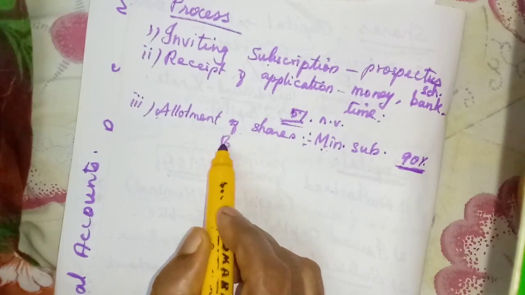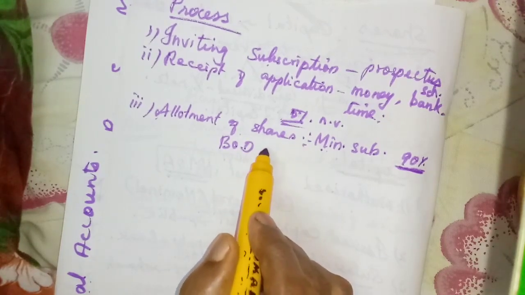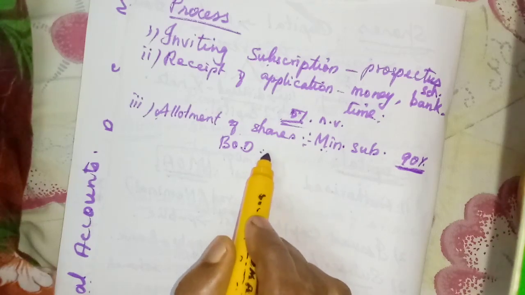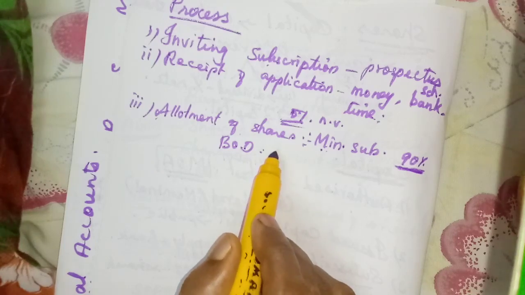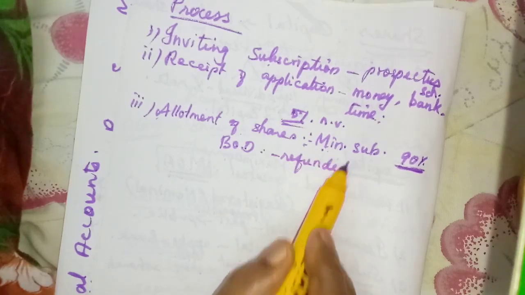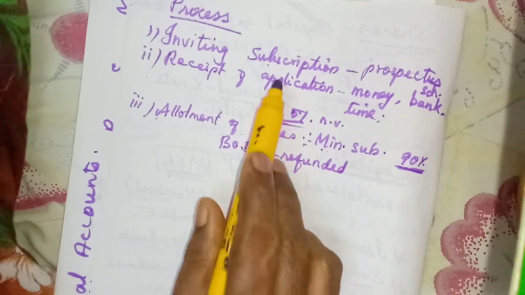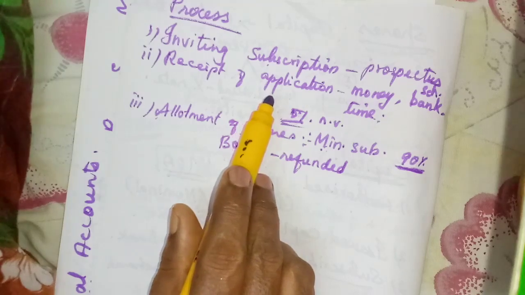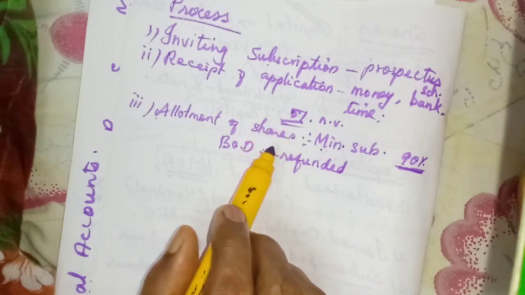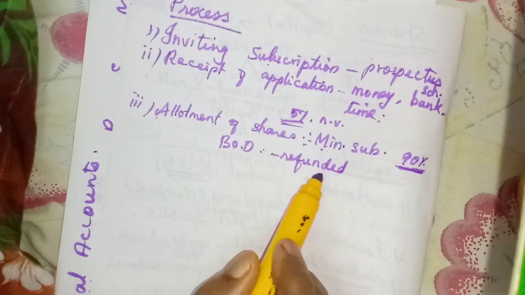That will be done by the board of directors. They will allot the shares to the applicants. Some applications may be refunded. If they receive more applications than the shares they have issued to the public, then they have to refund some of the shares. We will learn on what basis they are refunding. If they refund any share application money,